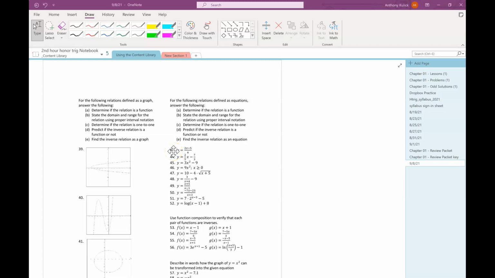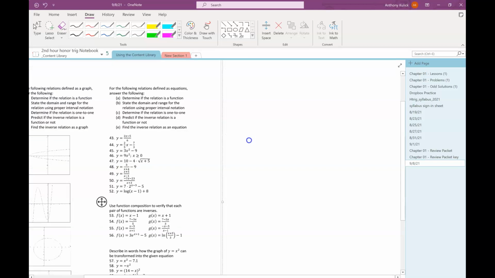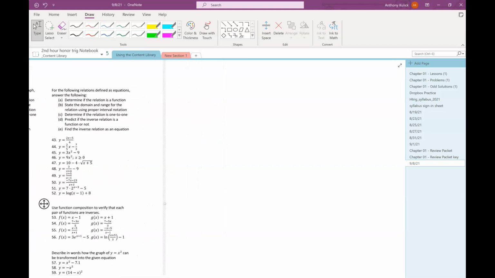All right. So you wanted to look at 56, you say? 55. Okay. Yeah, so these ones with the rational expressions are just kind of a pain. But that's okay. So 55,